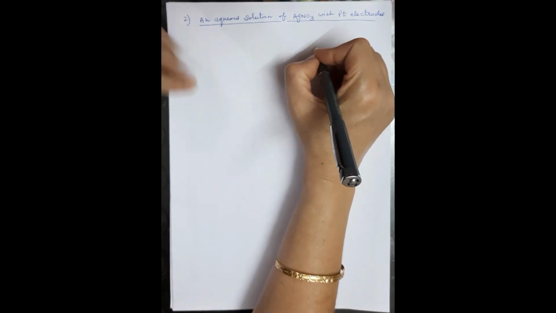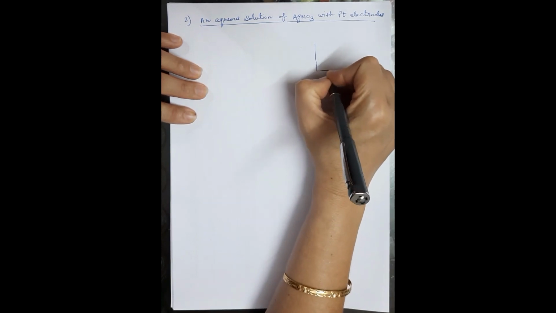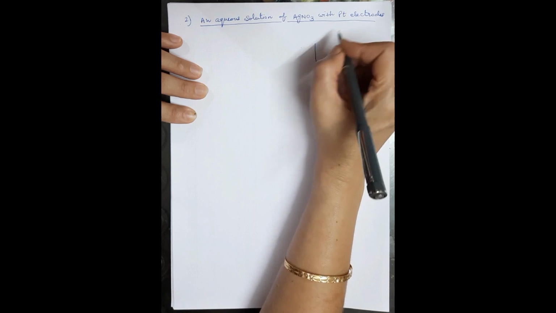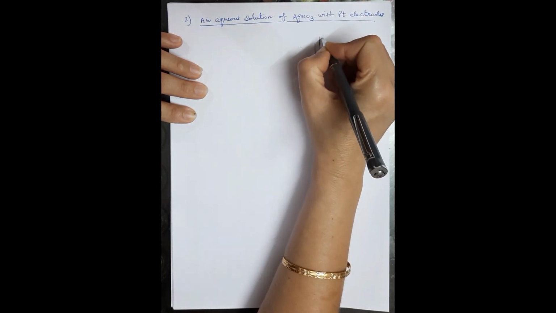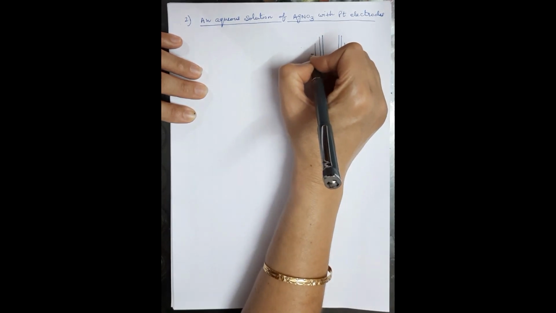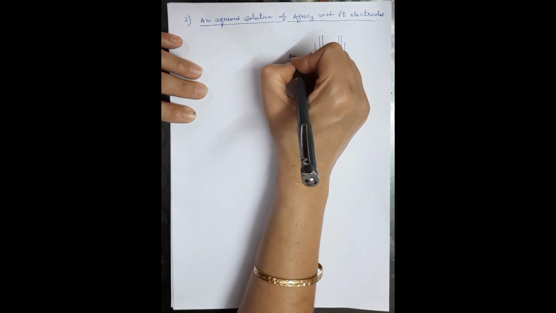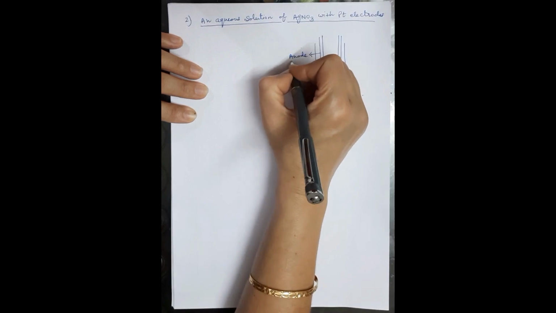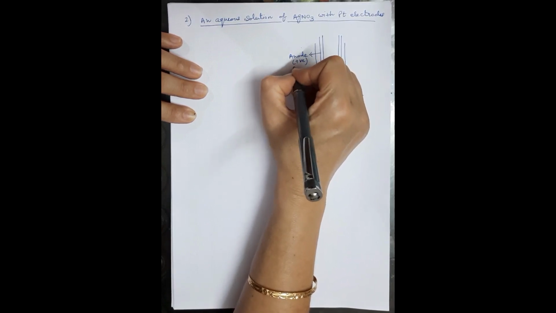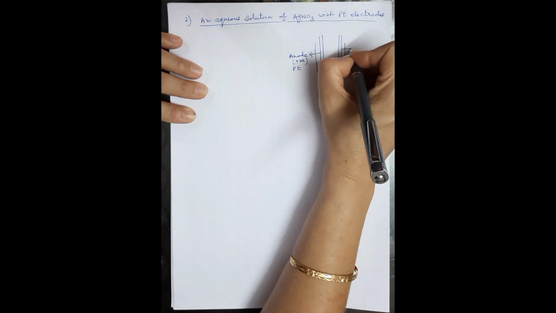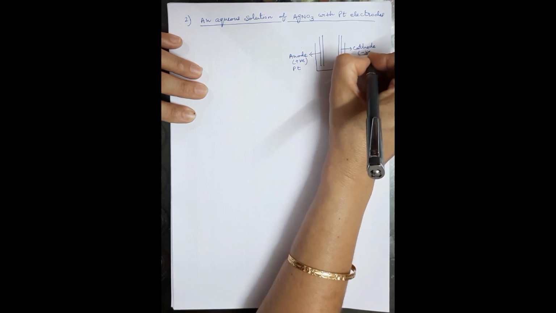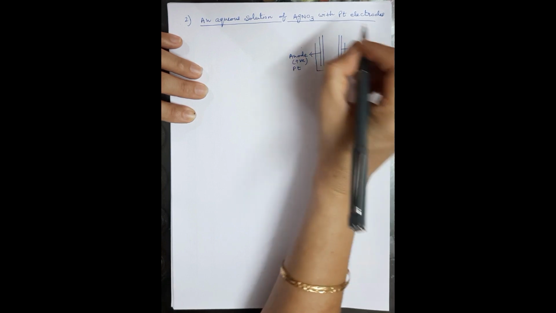So see, again I will make the diagram. Now it is a typical case, and rest of the cases also I will discuss with platinum electrodes. Try to understand. This is anode. Left hand side, conventionally we keep anode. This is positively charged in all electrolytic cell. This is made up of platinum. Right hand side is cathode. This is negatively charged. This is also made up of platinum.